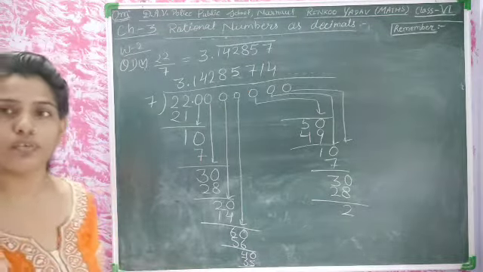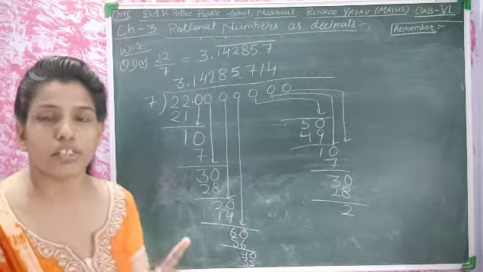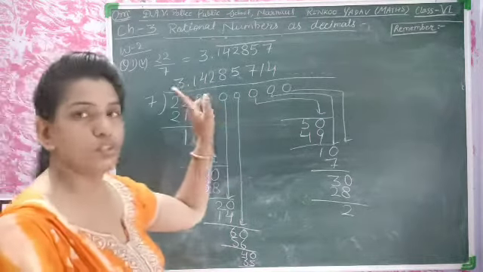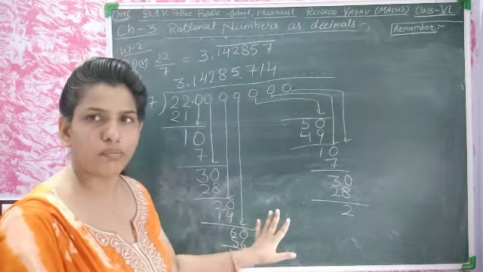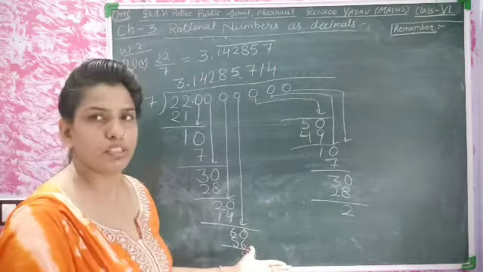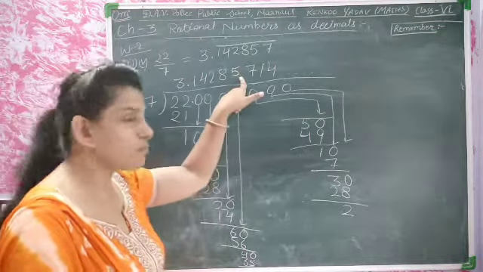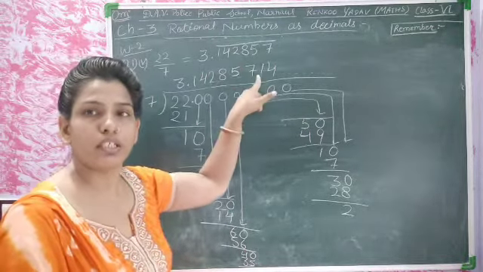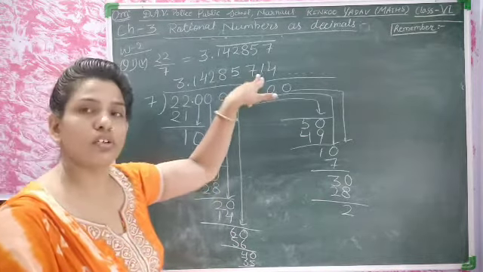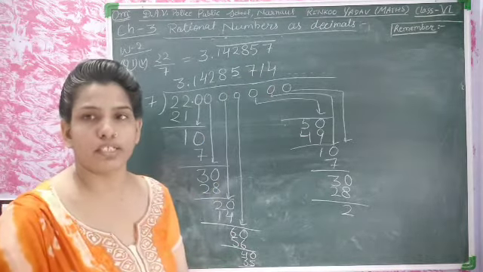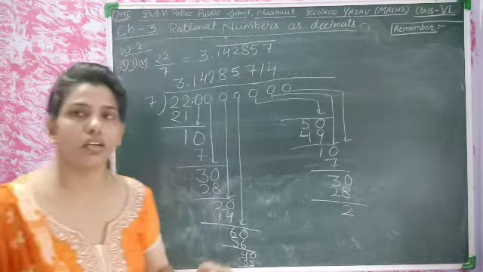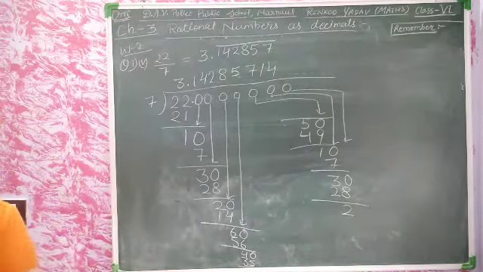Okay, students. Now we will do the remaining questions of part 1 yourself. There is no problem. There is only the long division method. It's not compulsory to observe here whether it is a terminating decimal or a non-terminating decimal. Is this clear, students? Now we will move on to question number 2. Let's see.